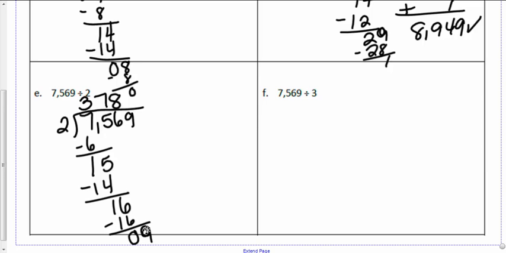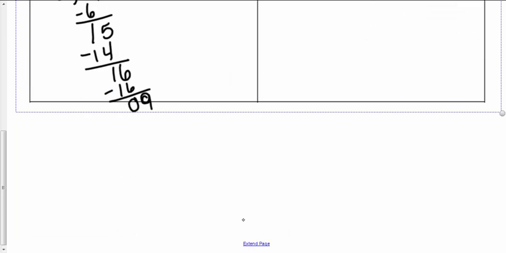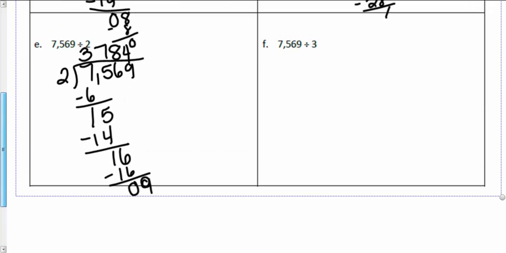Now I'm going to divide the ones. I've got 9 ones. 4 times 2 is 8. So that's as close as I can get to 9. So I'm going to extend this page a little bit so I have some room to write. All right. So I have 9 divided by 2, which is 4. 4 times 2 is 8. I'm going to subtract the 8. That leaves me with a remainder of